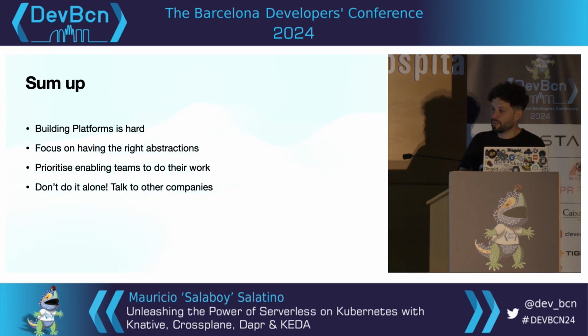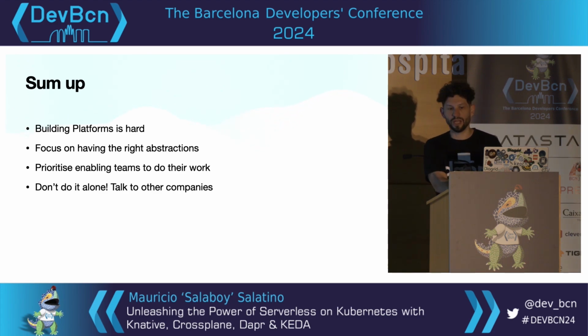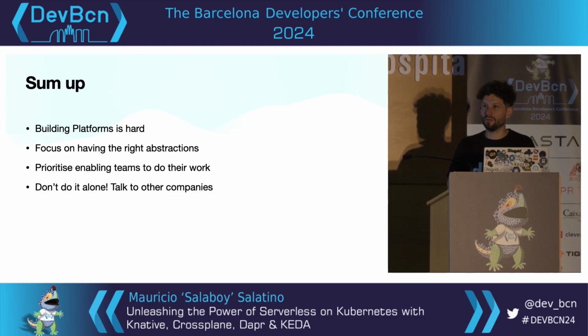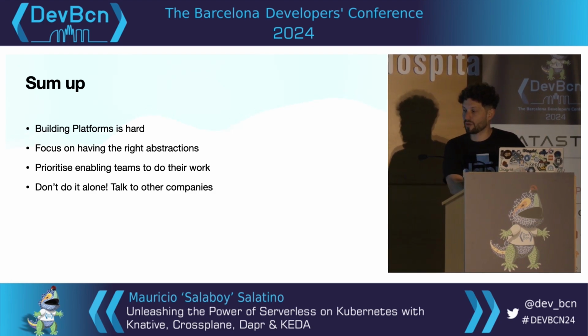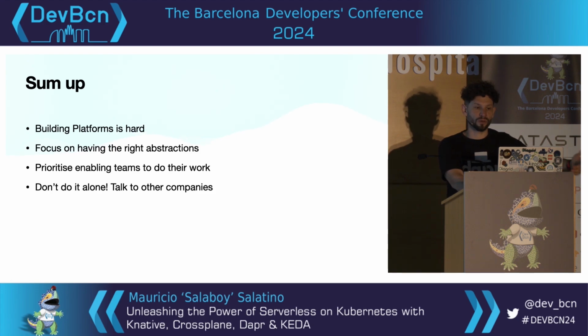Again, building platforms is hard. I wanted to show OpenFunction at the beginning because it's a very complicated project that does a lot for you, but when things go wrong, you need to learn about all the tools that they are using. I wanted to show each of the individual tools that I've seen being used by platform teams when they are trying to simplify their operations for development teams or for operation teams.